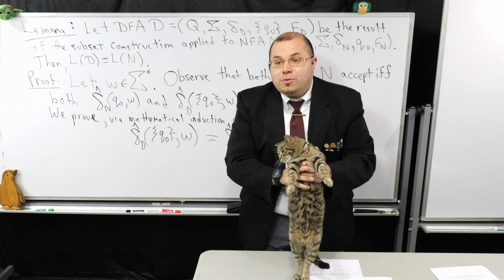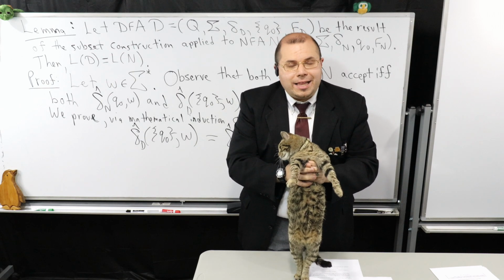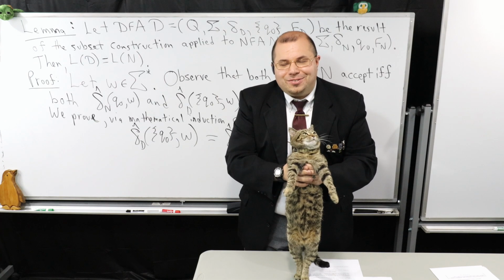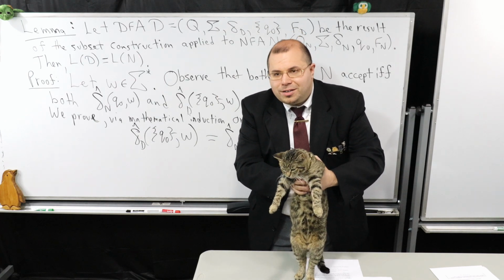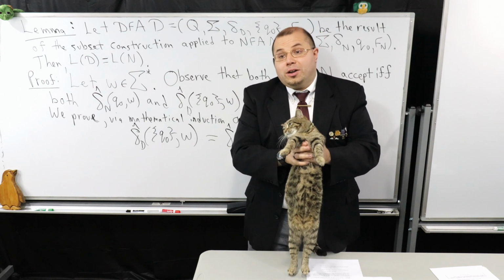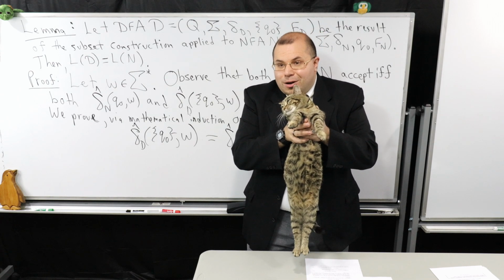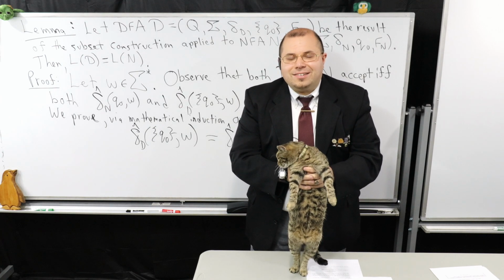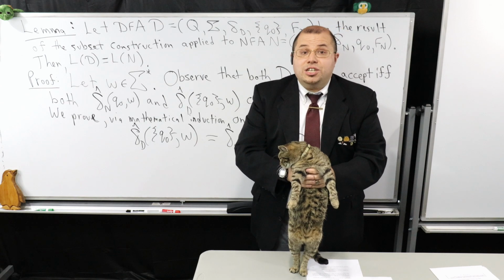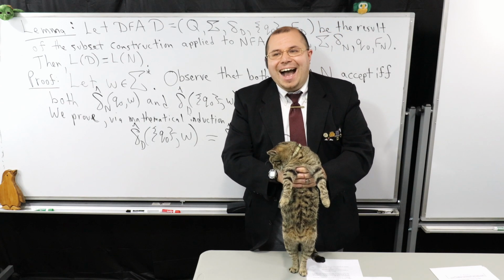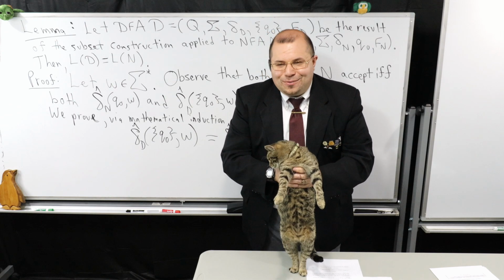What I have to do is show Miss Kitty how to climb up any arbitrary ladder so the cat can get up the bunk bed. So I can teach the cat how to go from one rung to the next, to the next, to the next. The way I do this is by showing that from an arbitrary rung, I can get to the next rung. So that's going to be the idea in our proof. We're going to use this idea, this inductive hypothesis.